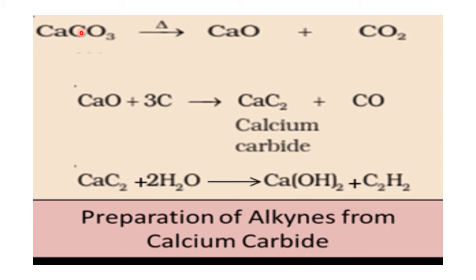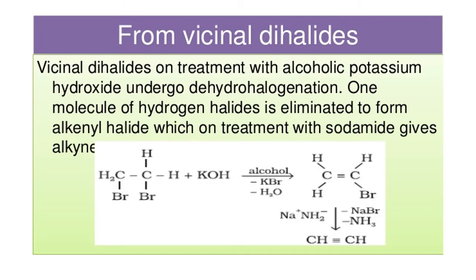That's why most of the cement industries are located in and around Gulbarga, because calcium carbonate is the raw material for the cement industry. It is available in large deposits, so its cost is very cheap. Therefore we go for calcium carbonate from the earth crust. We decompose it to calcium oxide, then with carbon, calcium carbide. Then only we use it for the preparation of what? Alkyne, that is the first member, ethine.